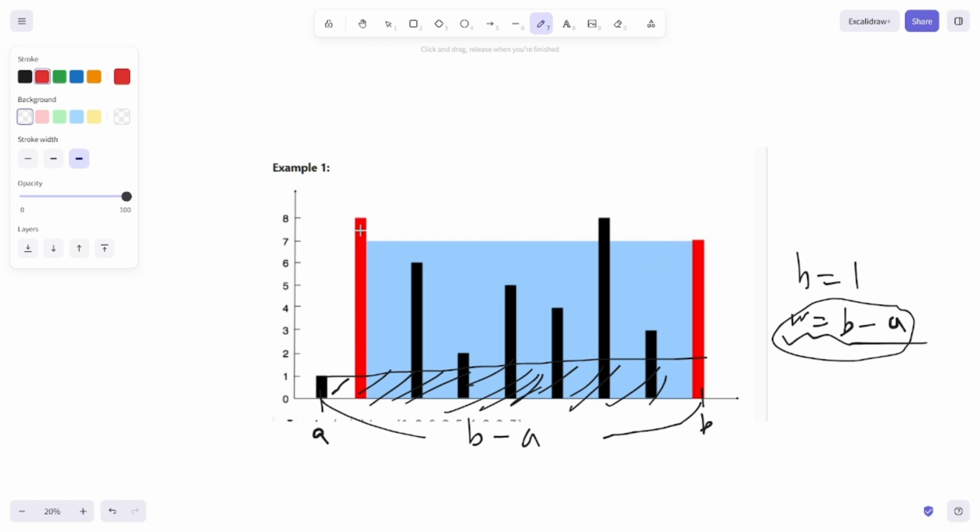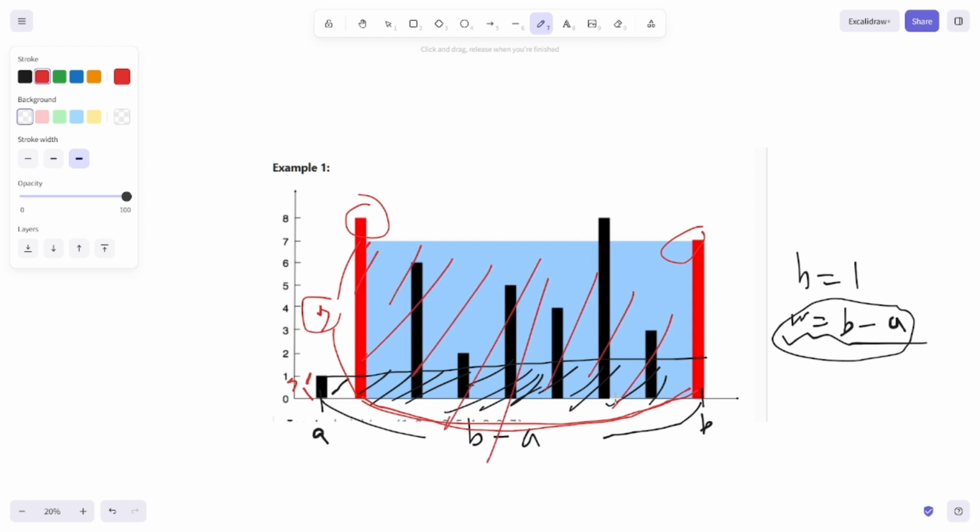If we look at the red two lines here, even though the width is smaller compared to A, B minus A, with this red line I drew, the water fills up to here because the length is 7, which is way bigger than 1, which makes this part the max amount of water we can have in this container, right? So